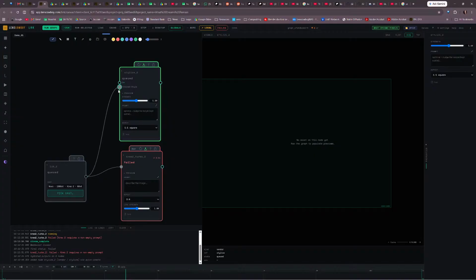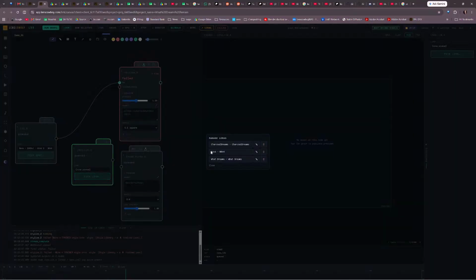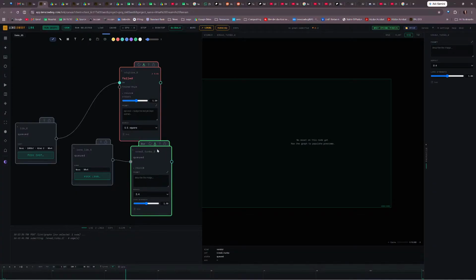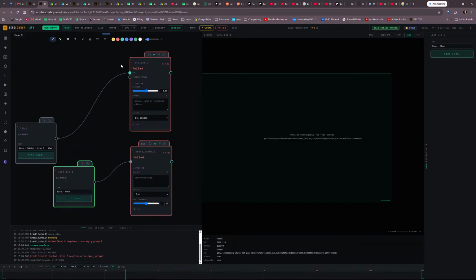I don't think this is going to work. I've forgotten which node it is, but basically, you'll plug a LoRA in there, and if I find the right node, it'll render it